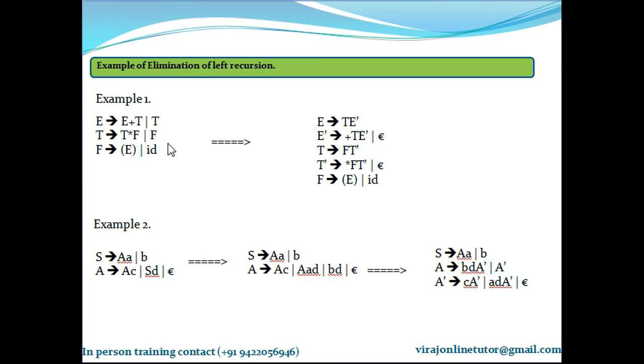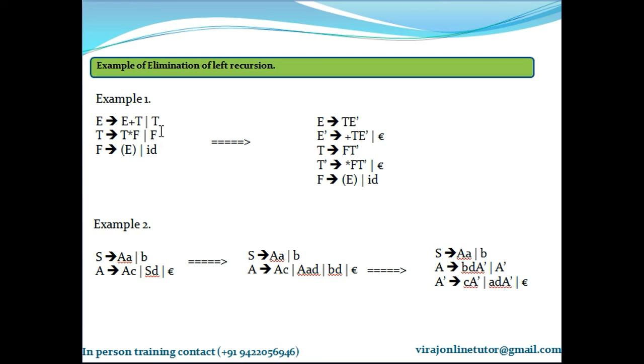Then let's go on with the next production. Does this have a left recursion in it? Yes. Why? Because the leftmost symbol T exactly matches the symbol on the left. So this has a direct left recursion. So let's group the productions such that all productions starting with T are clubbed together and all productions not starting with T are clubbed together. Again, here there are only two productions, one starting with T and one not, so it's already grouped. Now let's apply the formula.